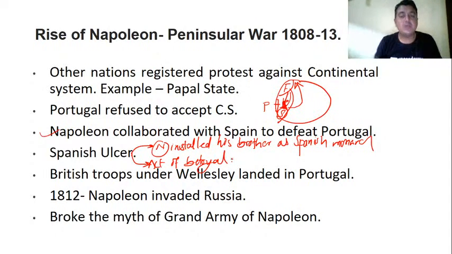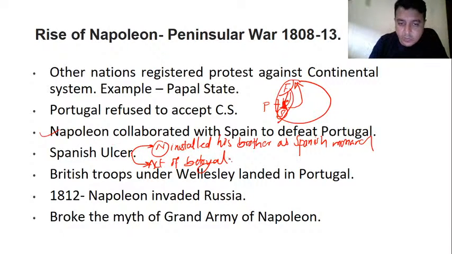because Spain opened their border with trust. They thought that France was going to attack Portugal, and after attacking, they would get the territory. That's it. It was a deal. But when the French controlled Spain, Napoleon installed his brother as the monarch. It's an act of betrayal, and that's why there was a